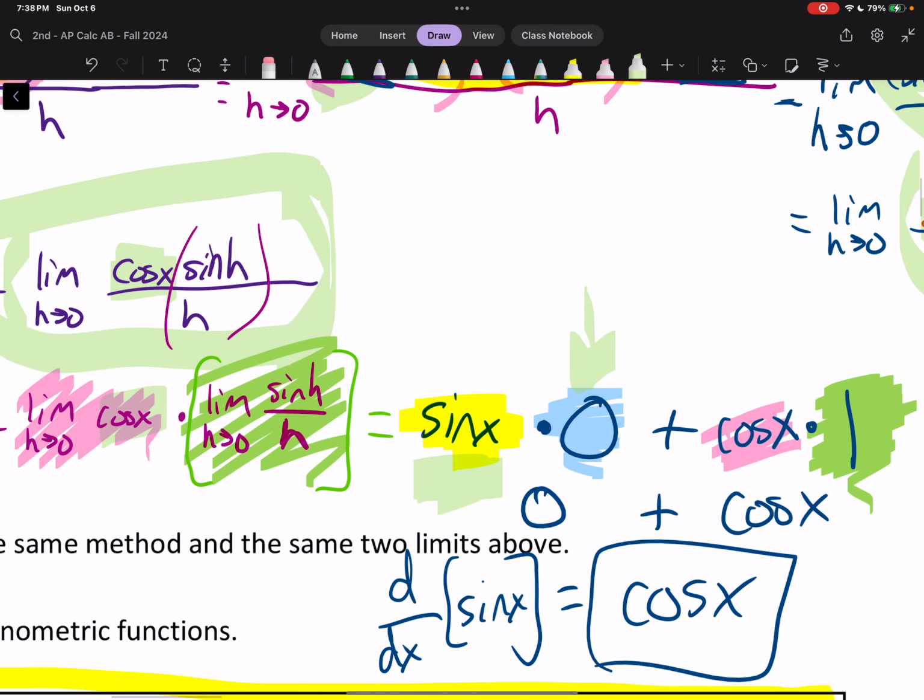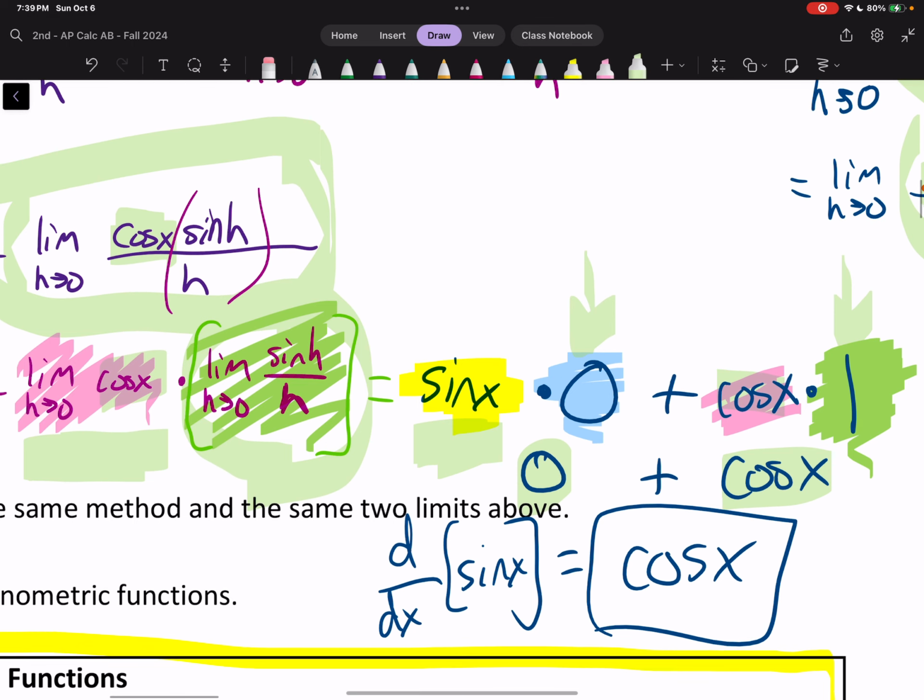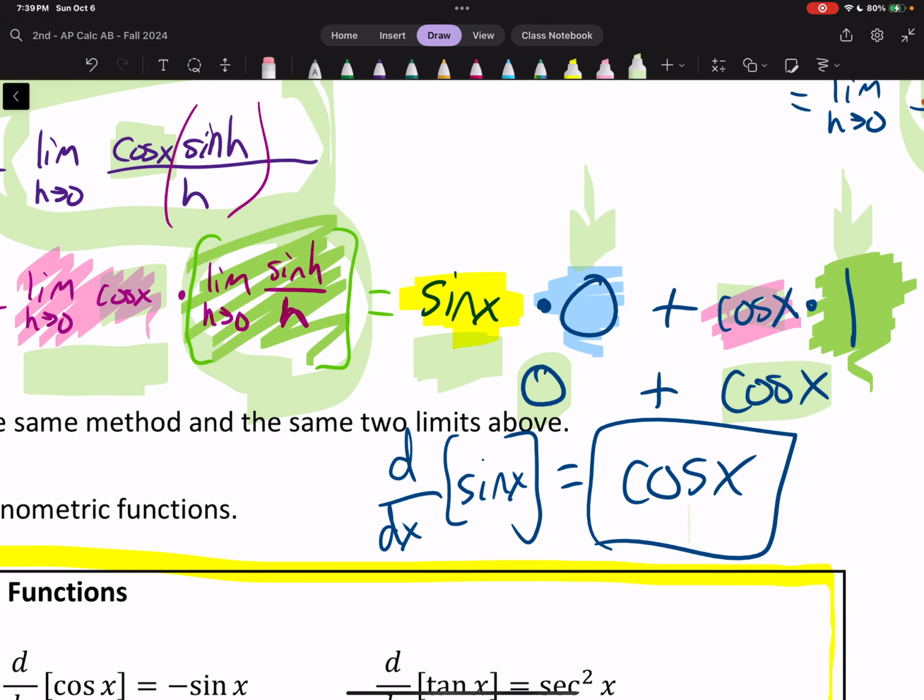All right, and then the limit as h approaches 0 of the cosine of x. Again, there's no h in that cosine, so we're going to keep that cosine of x. And then here's this limit as x approaches 0 of sine of x over x, essentially. We know that is 1, and so there's that 1 factor there. So simplifying all that, anything times 0 is 0. Anything times 1 is itself. So we're left with 0 plus cosine of x, which is just cosine of x, which again, what we started